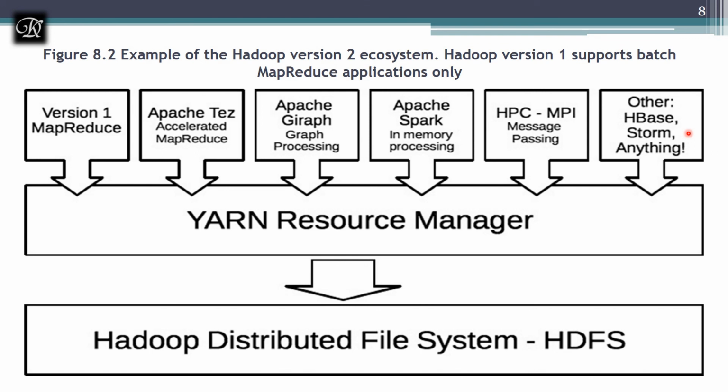And next we have something called Storm. Storm is the one which works on continuous, real-time data. Apache Storm works on continuously processing messages. This framework is designed to process unbounded streams of data in real time. About real-time data streaming, we have seen a component in the previous video, where I did not discuss Storm, but I discussed Flume. Now one more tool which we got from Apache on the basis of Yarn is Storm.